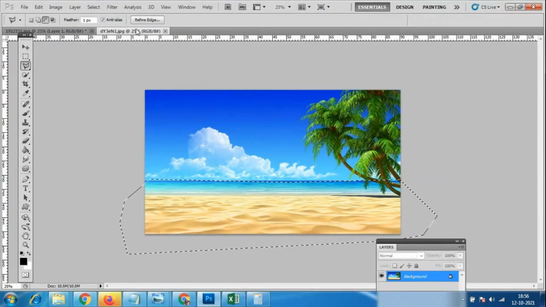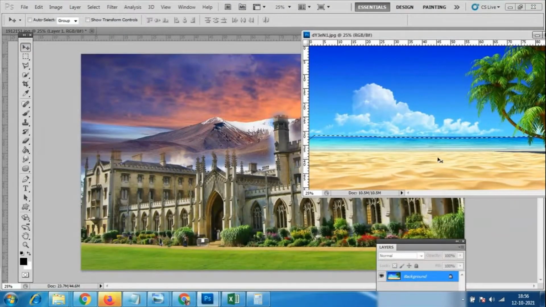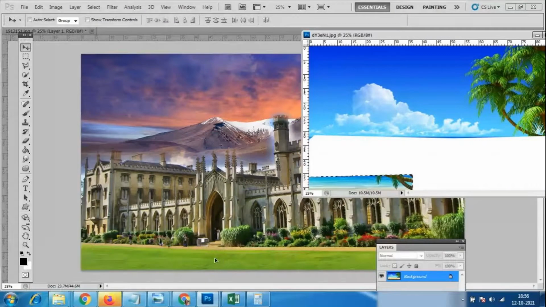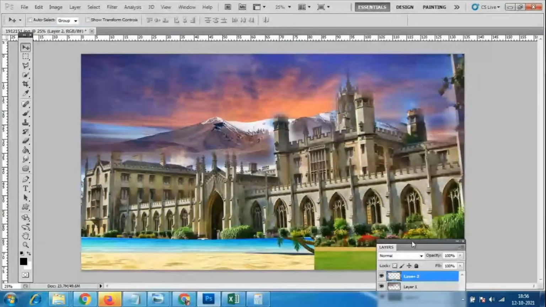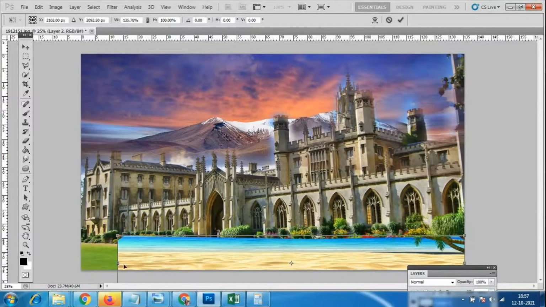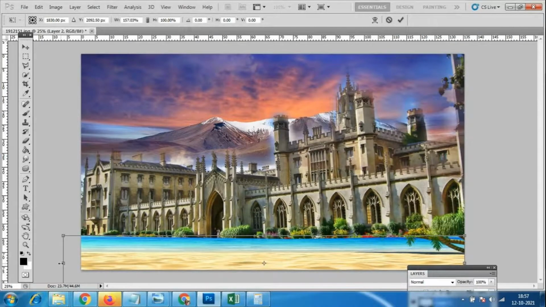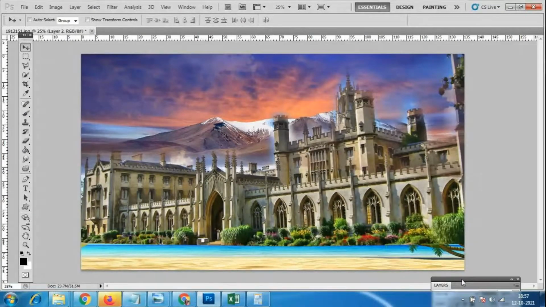I'll keep it like this using this move tool and move it from here to this place. Then I'll close it like this, and Control T, and I just want the mud with this water. You can scale it however much you want. So here we have this water, otherwise full of water.